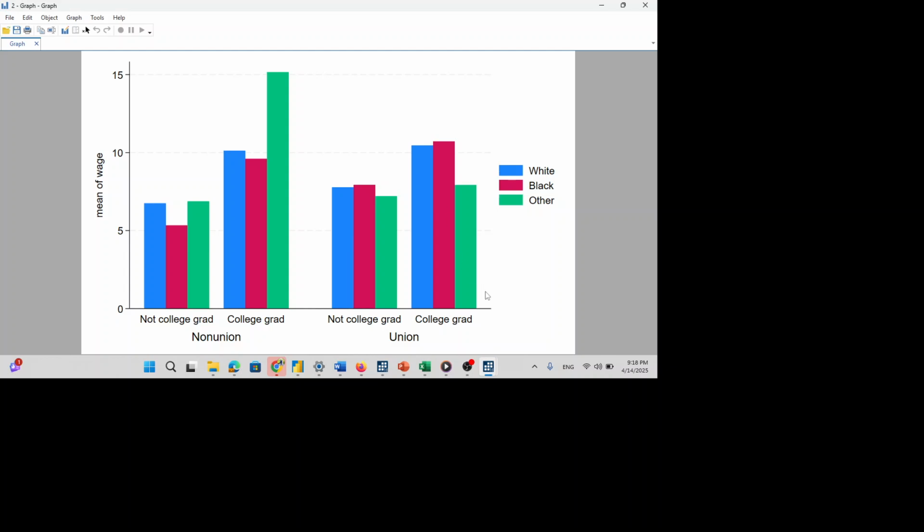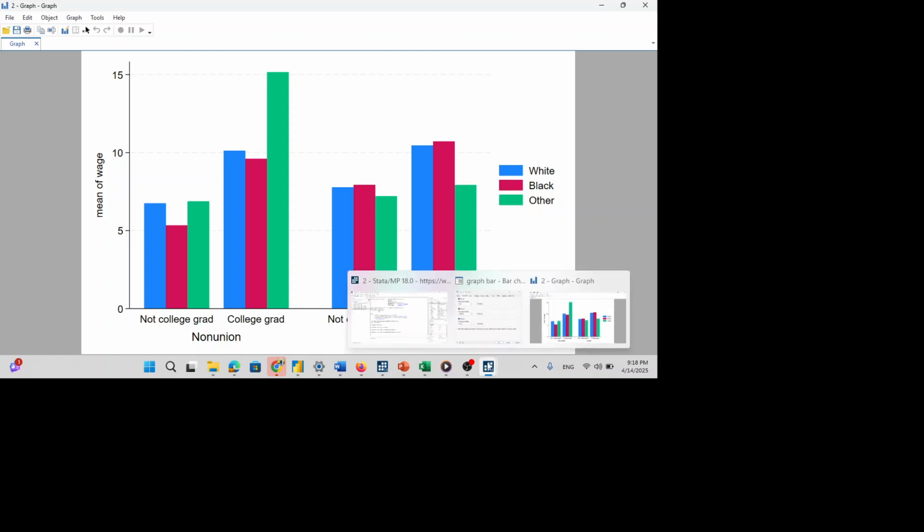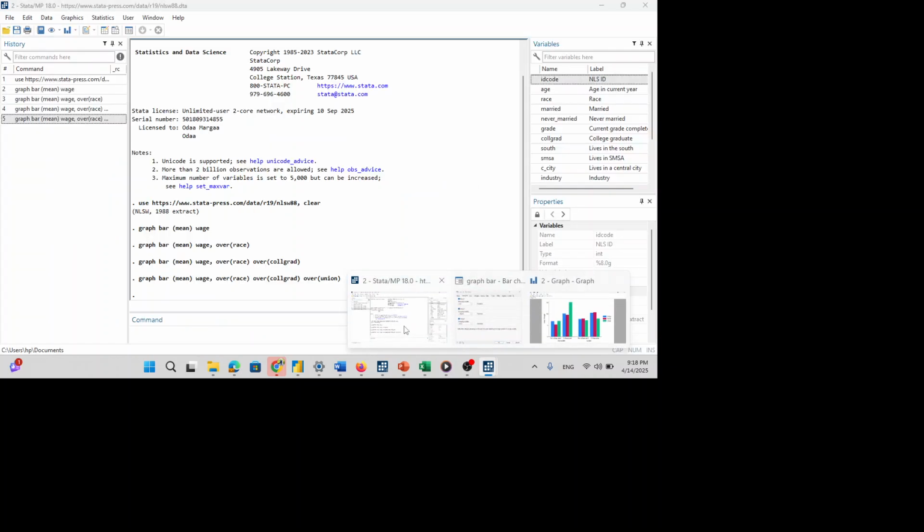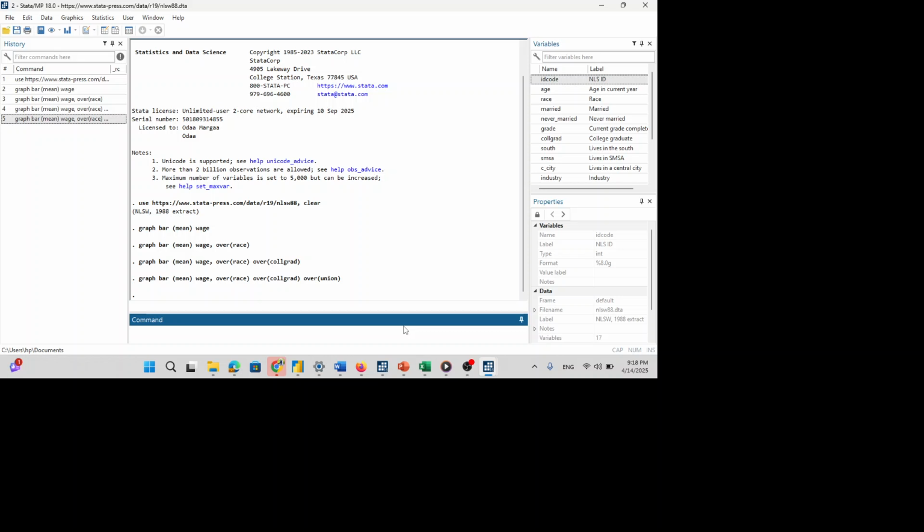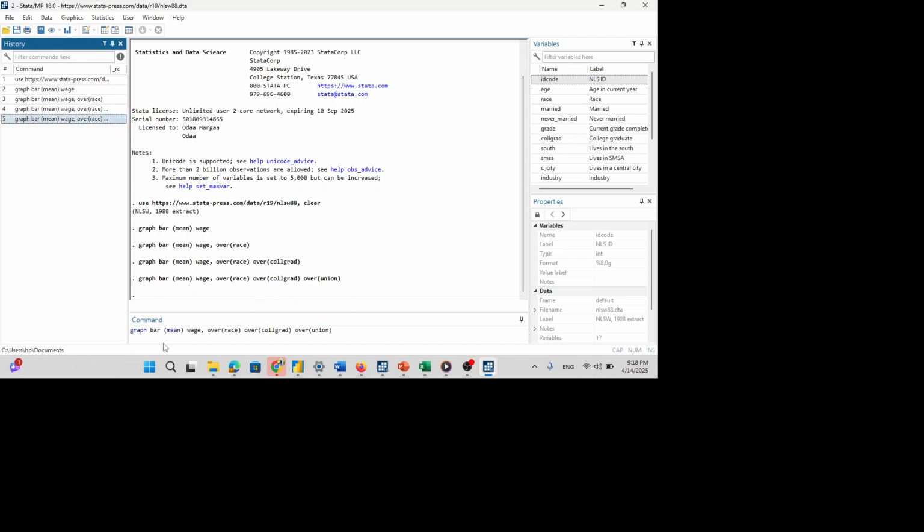But if you want, you can use syntax. This means, as you can see, this one is your syntax. Let's use graph bar for wage over race, over college grade, or over union.